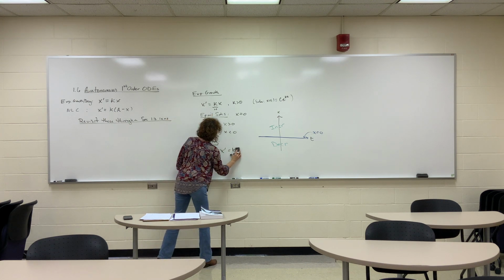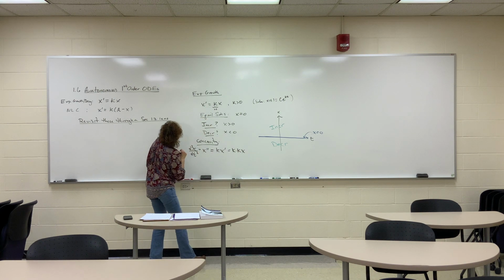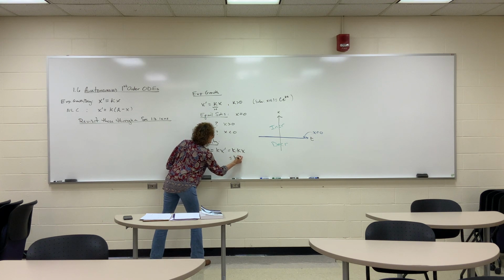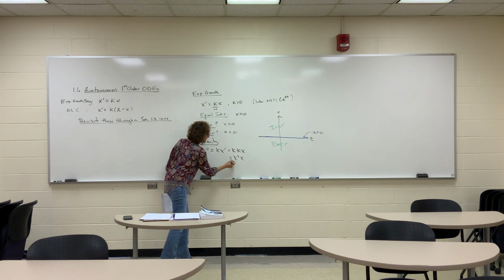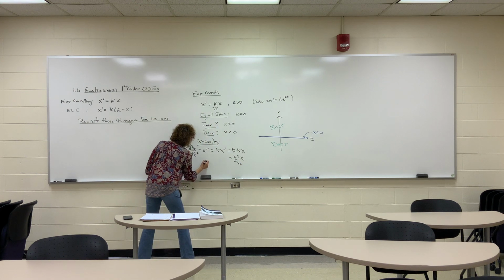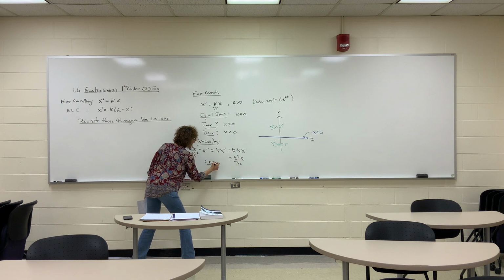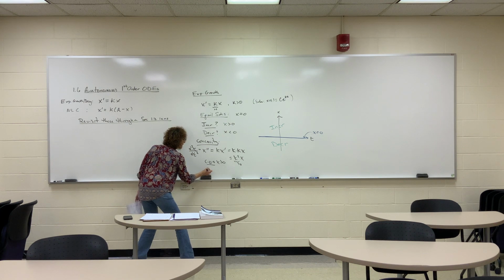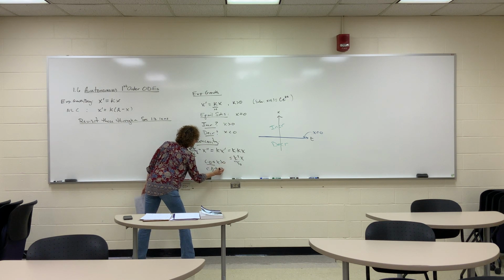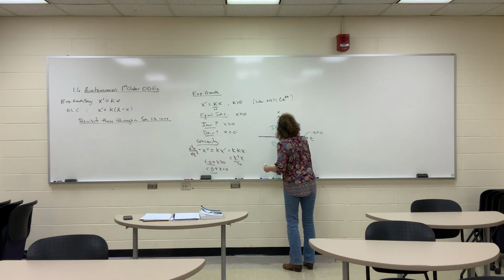Whoa, let's try that again. I get k times kx. Don't try to skip steps, right? K times kx, which is x prime, which is k squared x, right? What do we know about k squared? Positive, and therefore, where do I have concave up? Concave up, this is positive, so that's going to be positive when x is positive, and concave down when x is negative, right? So I'm increasing and concave up there,